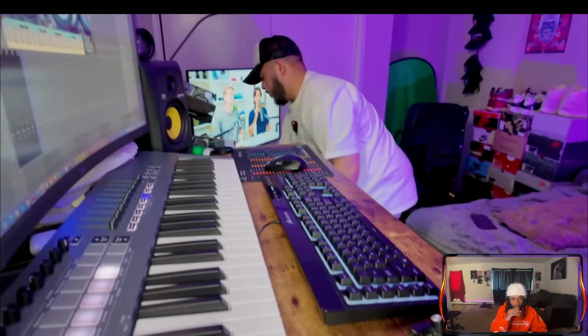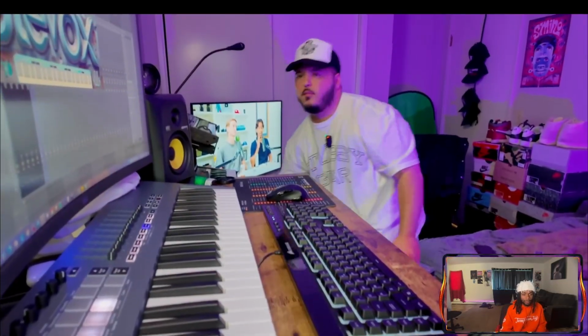If you don't know what TalkBox is, it's this thing right here. Dang, this is dusty. I need to clean this. Now for TalkBoxes, they're incredibly hard to use because when you're doing it, you have to play the keys and